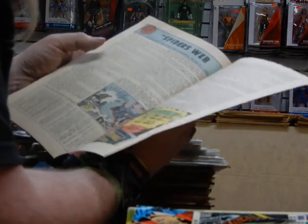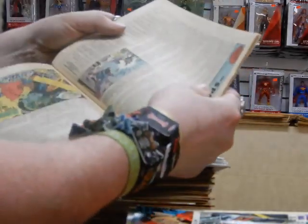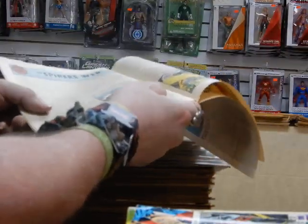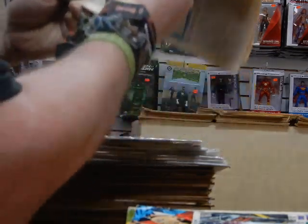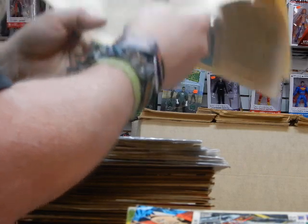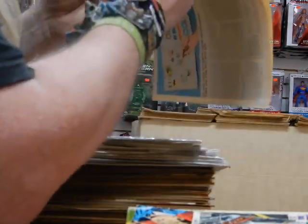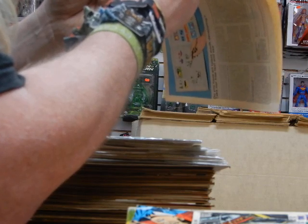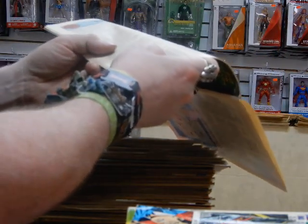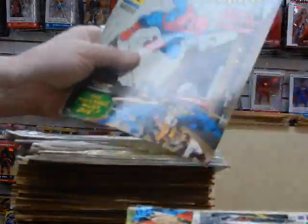Again, looking at the letters pages, you don't see anything. They've got a statement of circulation, and you can't really see it, but 596,102 copies. Total distribution, paid distribution, 322,195. That's how many copies were sold, not of this issue, but